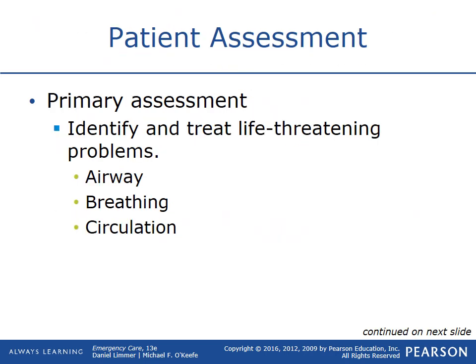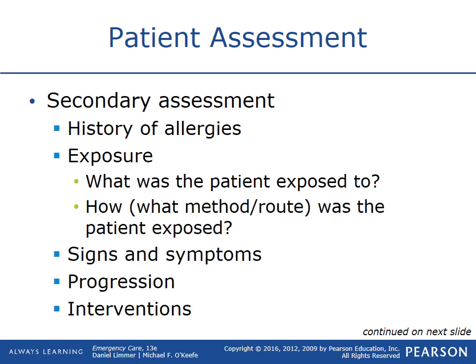Identify your patient and treat any life-threatening problems. This is the same assessment algorithm that we've learned all through the years of being an EMT, and you'll continue to learn a nice procedure way. So we start out with scene safety and then on to our primary assessment. Look at the airway, the breathing, the circulation, and the mental status. We need to find and treat any life-threatening injuries in the primary assessment. Don't want to miss anything. Our secondary assessment,